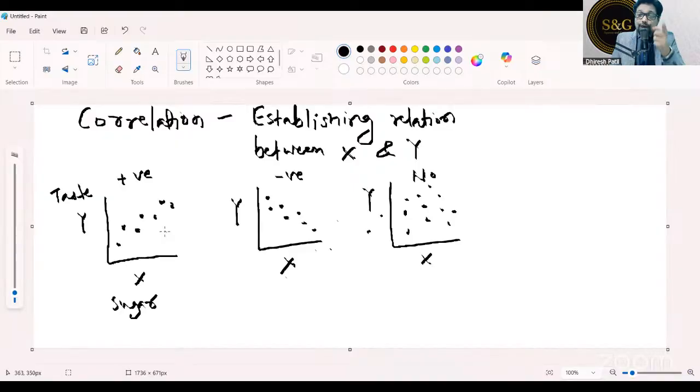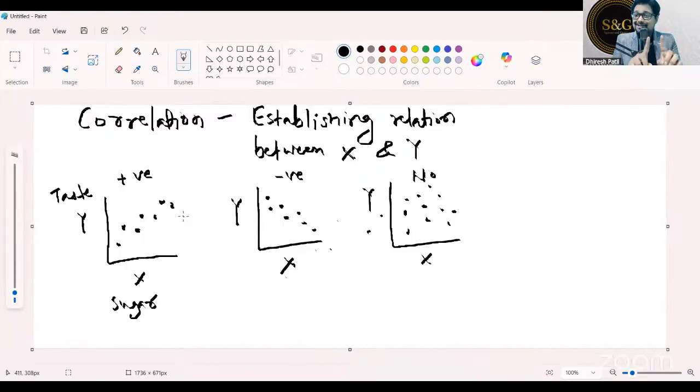Of course, if you keep on adding sugar, then a negative trend also can be seen, and the taste can drop as well. But this is called a positive relationship, the first part of it. When there was no sugar, the taste was low. When you keep on adding a small amount of sugar, as the taste is increasing, X is increasing and Y is also increasing. It is called a positive relationship.